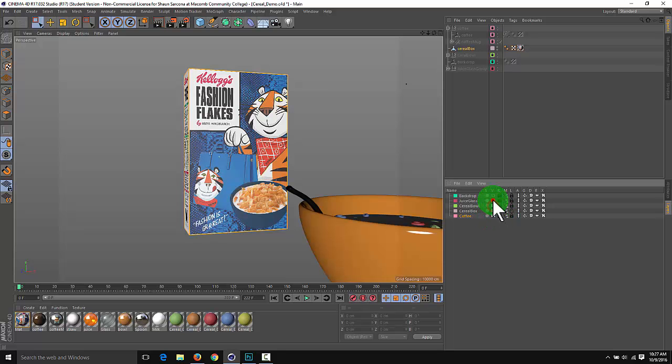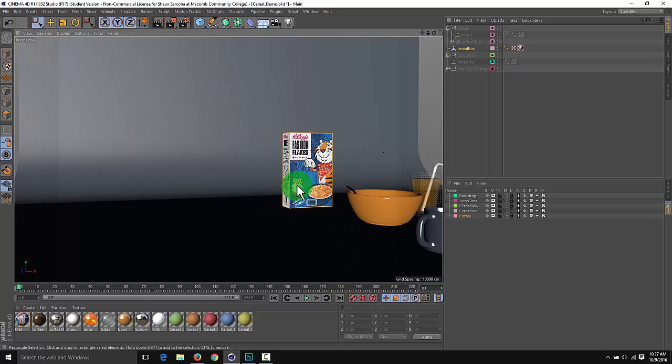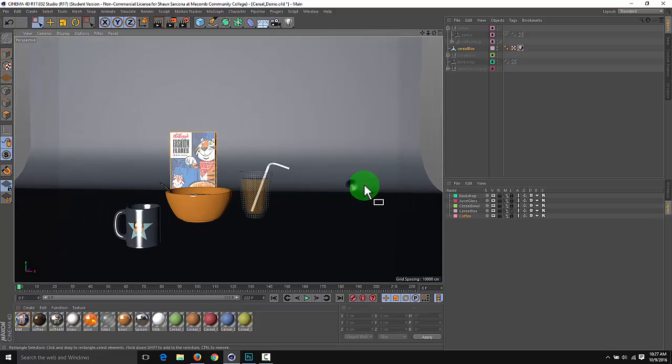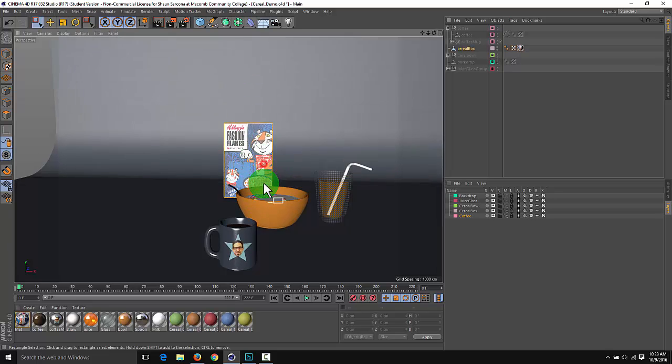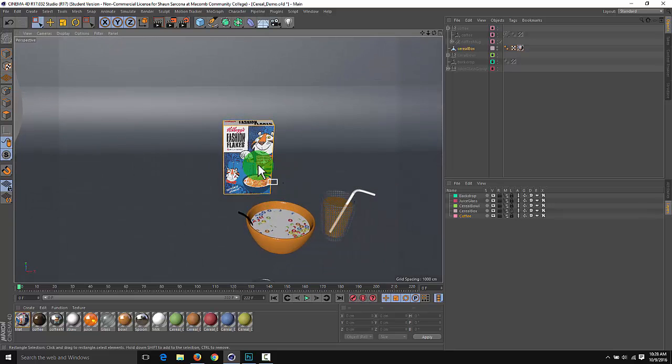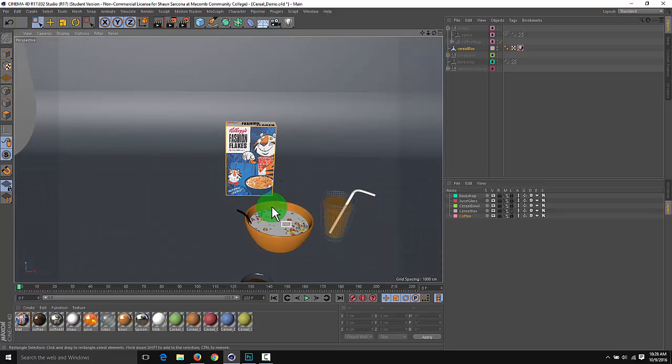Okay, so now we are here. We have our mug labeled, we have our Fashion Flakes, which I'll obviously rename and make an actual label for, and then we have my cereal bowl with milk and whatever else. So at this point,